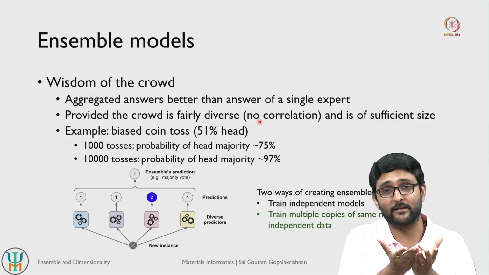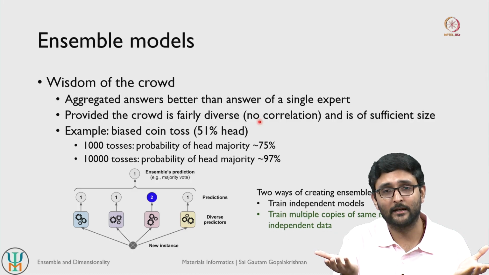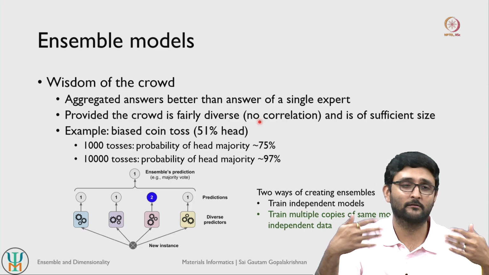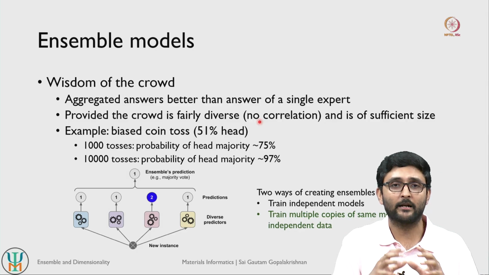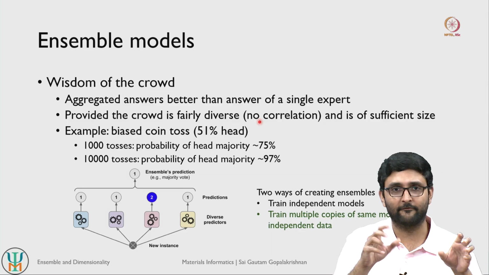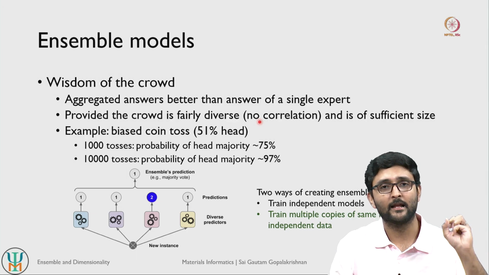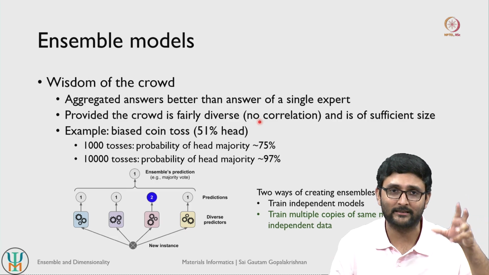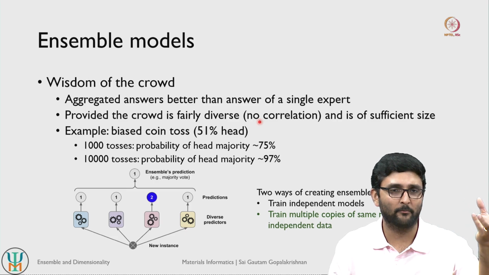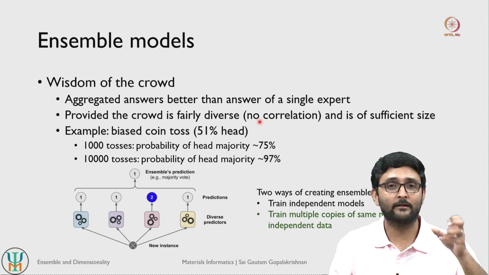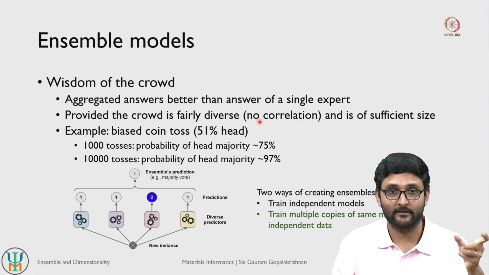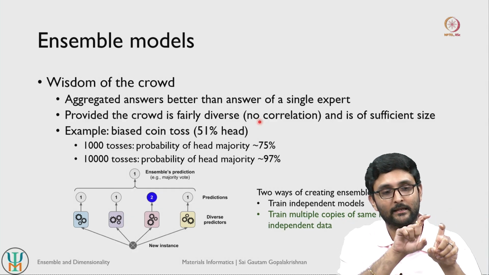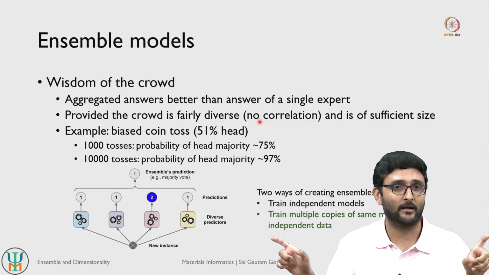So in other words, the predictions of all the 10 models are highly correlated. So there is no wisdom of the crowd there. So for any new classification task, all the 10 models will give you identical predictions. But if you were to split the 1000 data points into 10 different subsets, so 100 data point sets, and you create 10 different models, then each model knows something about a subset of the data, but not about the full data set itself. So it will give you fairly different predictions. So each model will give its own predictions for a new data set, and the predictions of each model will actually not be correlated.